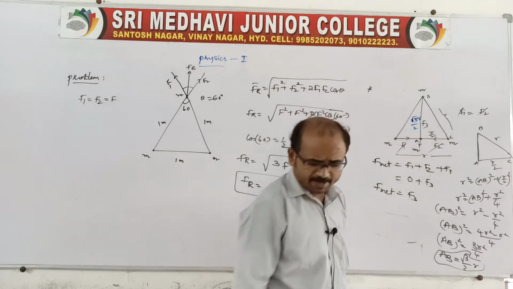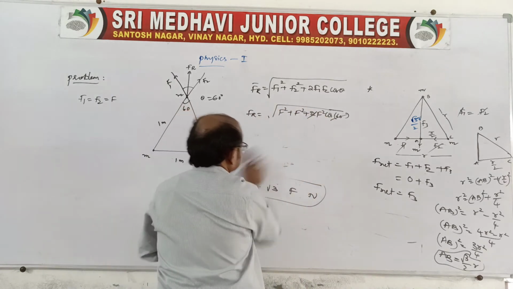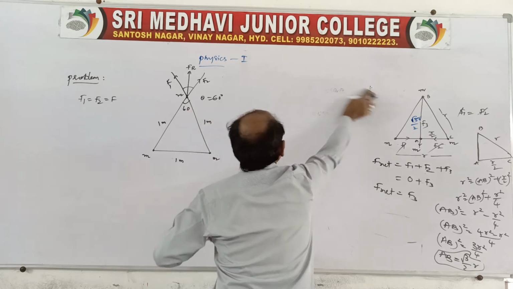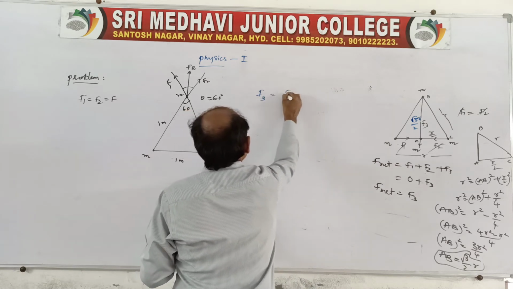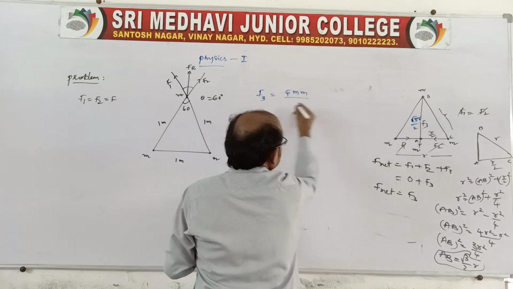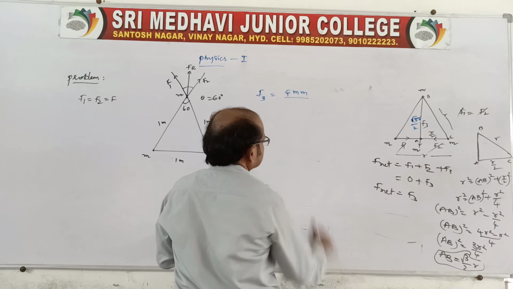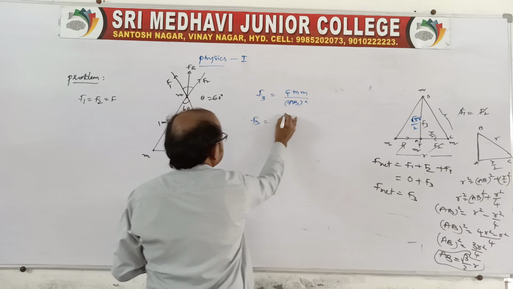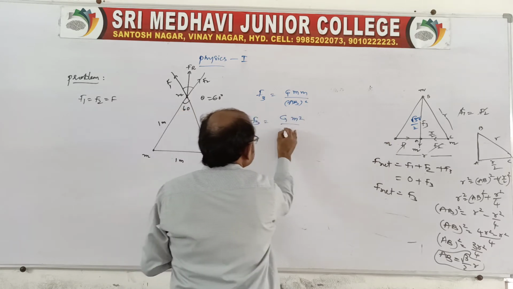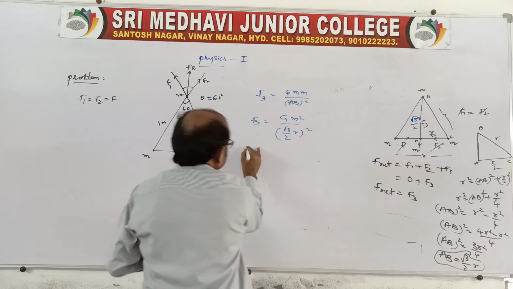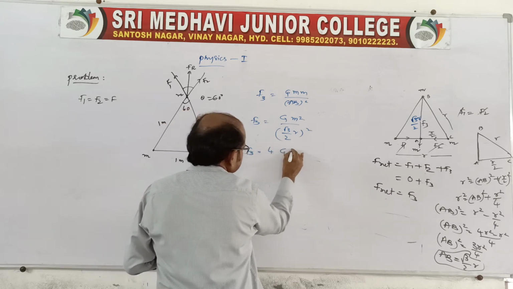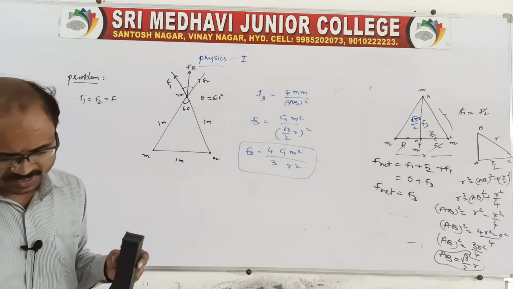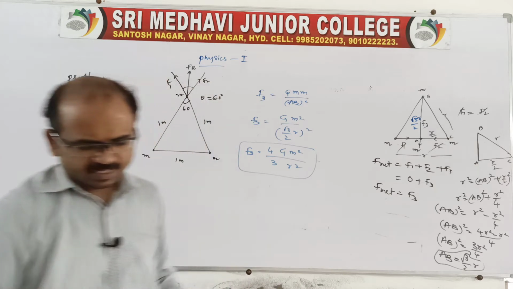Now you write here capital G, that is, we can say F net is equal to F3, no? That F3 will be what? Capital G mm by distance square, no? You say AB whole square. So what is AB now? Root 3 by 2 R. So F3 is equal to GM square by the distance, root 3 by 2 R, whole square. So F3 is equal to 4 GM square by 3 R square. So this is the answer. This is the answer related to what? For the equilateral triangle.